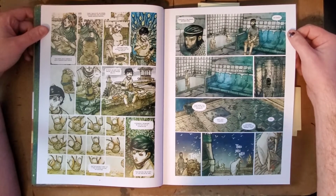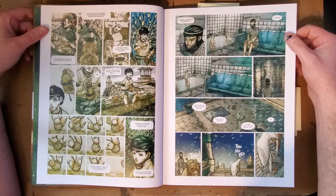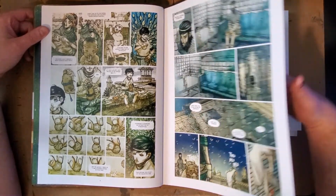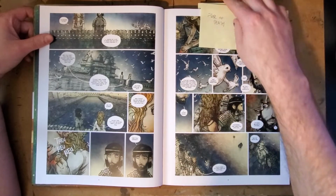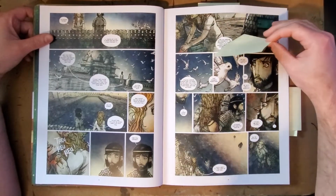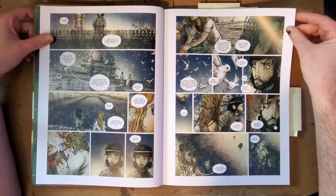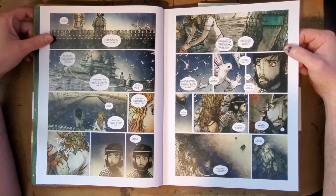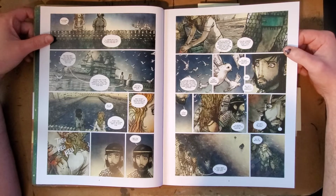And he goes on a quest. He's from Hyperborea, the ancient lost civilization, and he goes on a quest to find the gods of Olympus and ask them, why am I immortal? Why are you doing this to me? And maybe find a way out of it. And so you encounter many different characters and their ideas on death, and it's an interesting story in that regard philosophically. Like here, he's talking to his lover at the time, who turns out to be Adrastea, and she says,